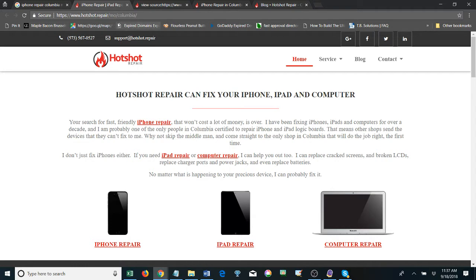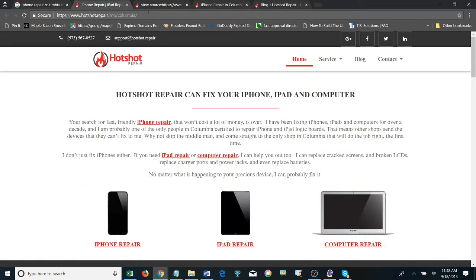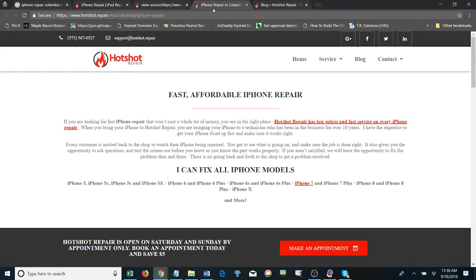So this is the home page. And part of the issues that I was seeing in your search console is that you have the home page targeting iPhone repair and you also have an inner page targeting iPhone repair. So the first thing we need to do is decide which page do you actually want to target for iPhone repair. We can target the home page or we can target the inner page.